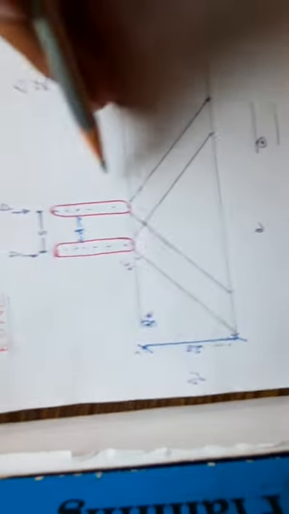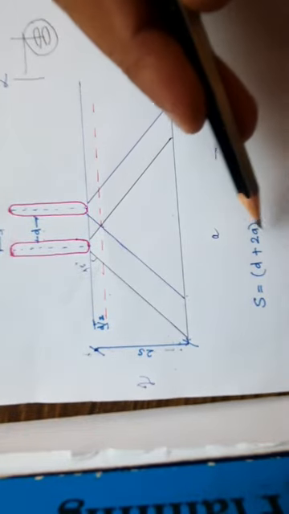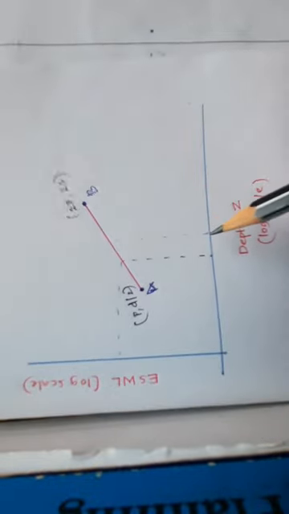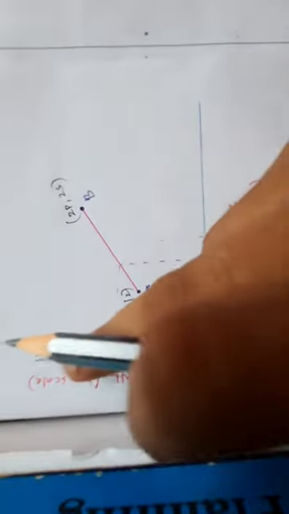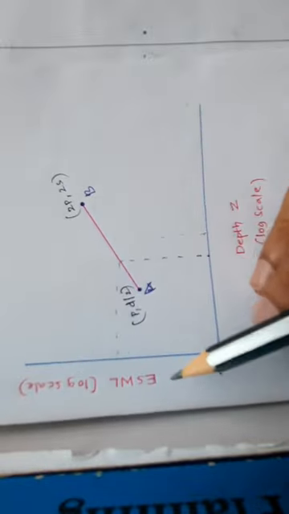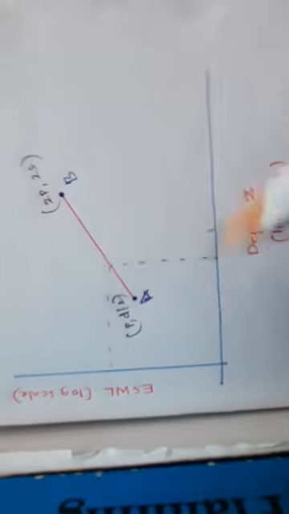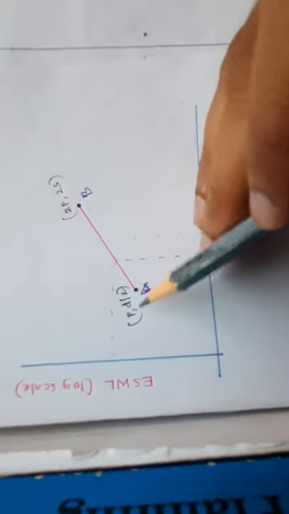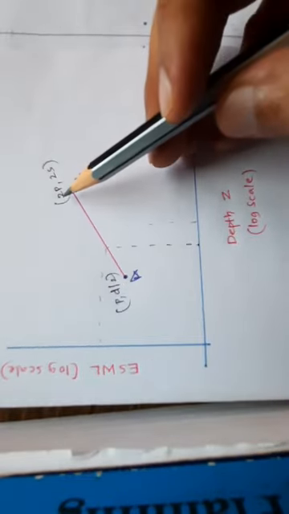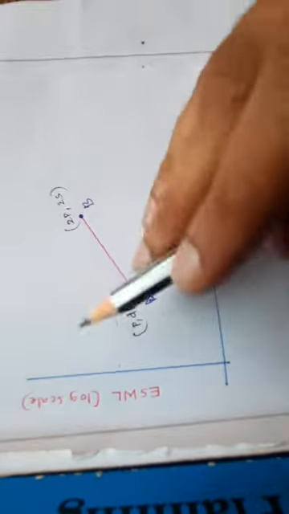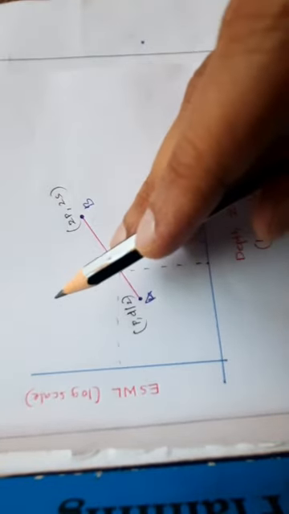And here S is found using the formula S is equal to d plus 2a, where a is the area each wheel has given as imprint, sorry, the radius of the imprint. To easily know the equivalent single wheel load for a given depth, we can plot a graph between equivalent single wheel load against depth, with both in log scale. The first locus point is given by P and d by 2, and the second locus point is given by 2P and 2S, and you join these. For any depth, you find the equivalent single load on the y-axis.